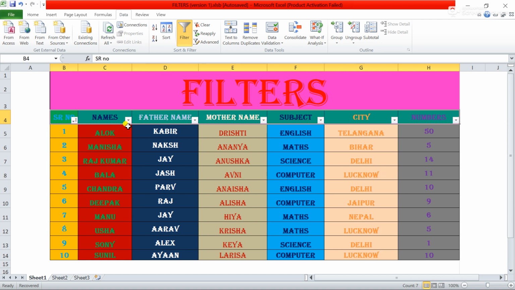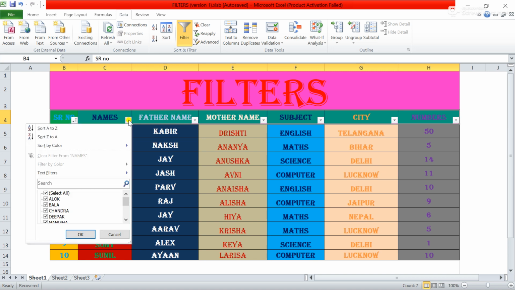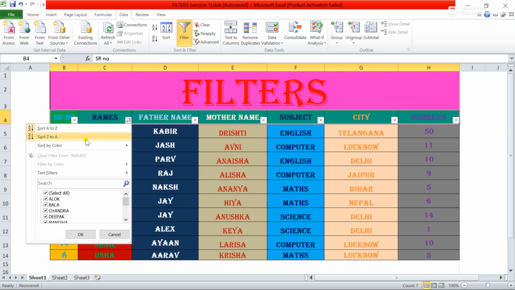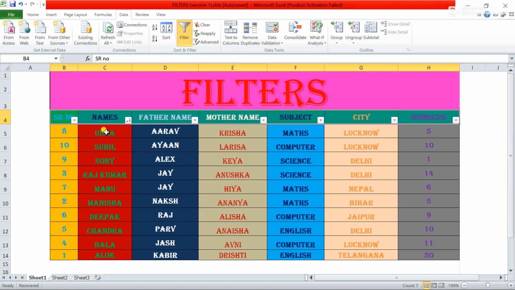Now more important things, I will tell you filters on the text. Just click on the second drop down, that is names, and in this first sort data A to Z, like alphabetical order, ascending order, from name A first will come, second B will come, like that. So you can see A, B, C, D, like that it came. Now this is for a descending order. See U, S, S, R, M, M, D, like that it came. If you want to go back to the same data, just click on clear filter.